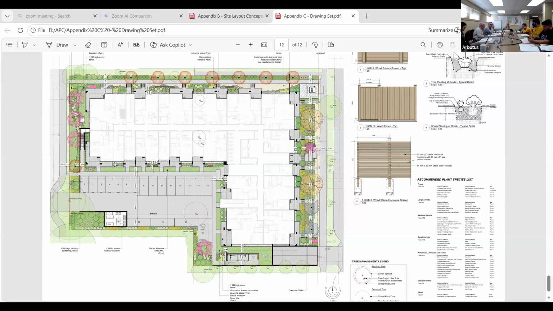So is it possible you could cheat that ramp over a foot or two to give those cherry trees a little bit of breathing room? I recognize the impact of that on those units, but I stand to be educated here, and I think the more breathing room you can give those roots, those cherry trees, the better. And as Councillor Duck has pointed out, that's something that council has asked us to take a look at, as well as the cypress tree.